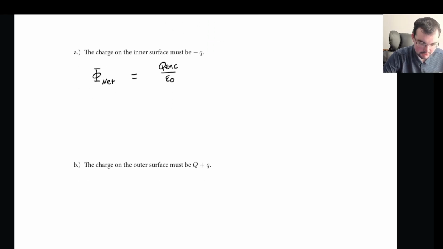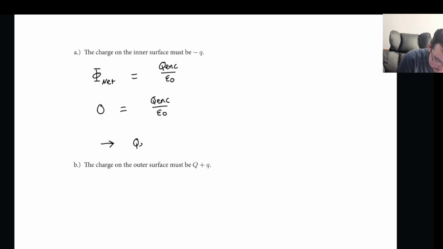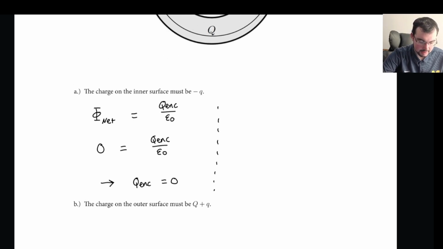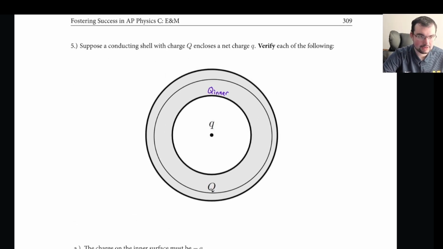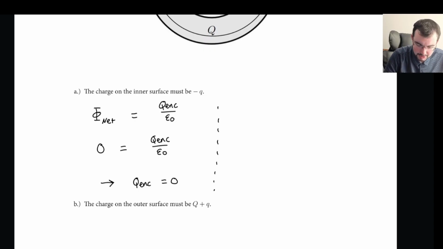So if E equals 0 in a conductor, this means that my net flux is going to be 0, which means that Q enclosed is equal to 0. And now we can expand this Q enclosed expression after we've shown that this flux must be 0. So my Q enclosed,